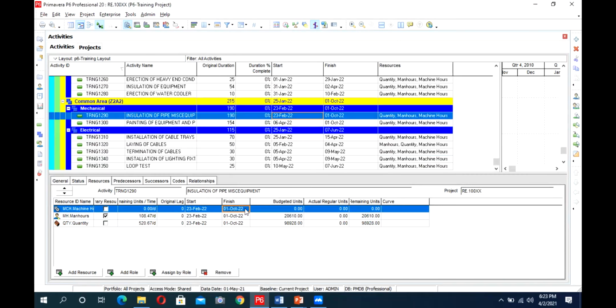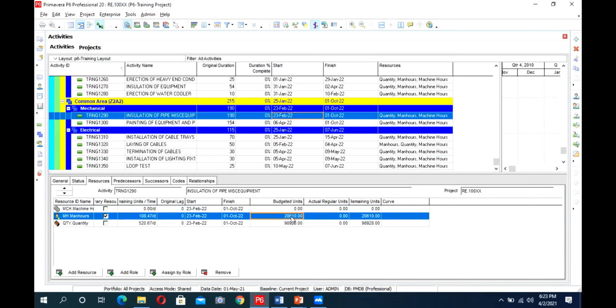Basically, why we are adding these units and quantities is that we want resource loading from P6. The activities are given, this activity starts from this date and finishes on this date. Now we are saying that these will be the resources for these activities.